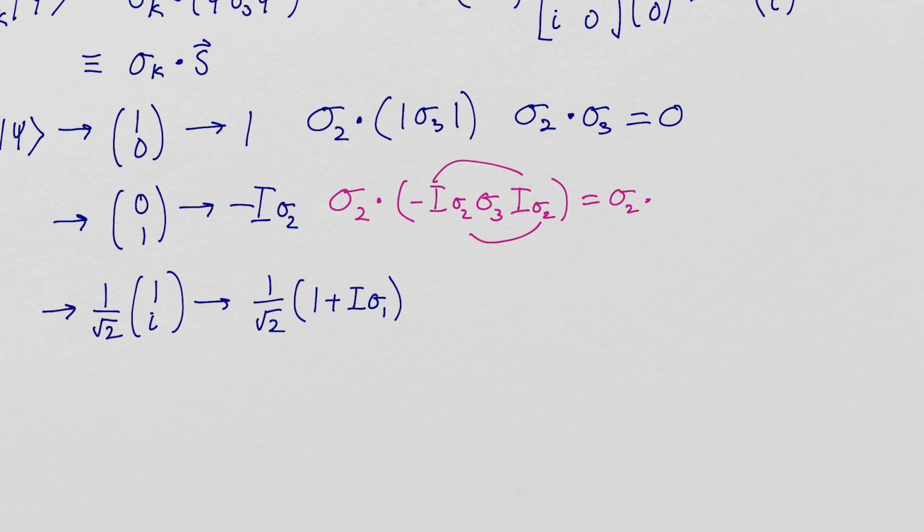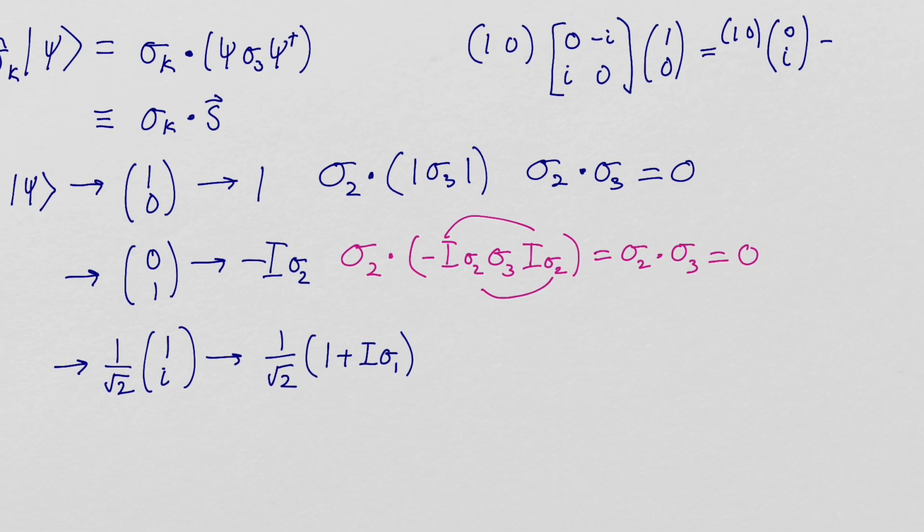Those two will come together to be 1, and you'll end up with sigma 2 dot sigma 3, which, again, is going to be 0, which is, of course, the same. You wouldn't expect it to be any different. I will say this is actually almost a little bit quicker. This calculation that we just did would be a little bit easier than doing it the matrix algebra method. But likewise, if I turn this into a sigma 3, I'd have a sigma 3 here,